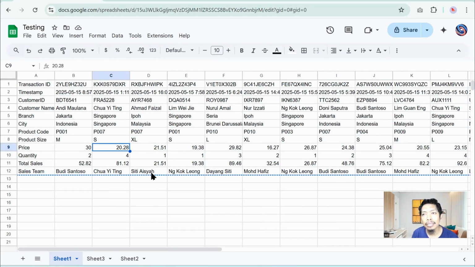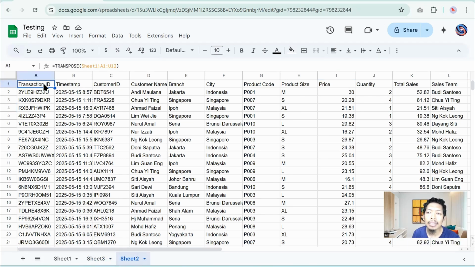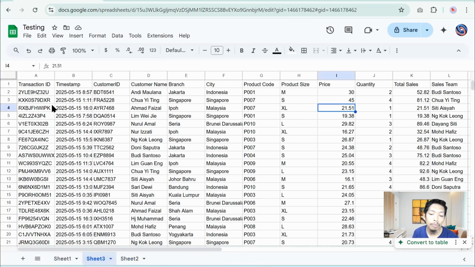But the downside is, if the original data changes later, this transposed version won't update automatically. You have to repeat the transpose process again. So, to summarize, use the TRANSPOSE function if you want a dynamic result that always reflects the original data. Use paste special, then transposed, if you want a separate, editable copy of the data.